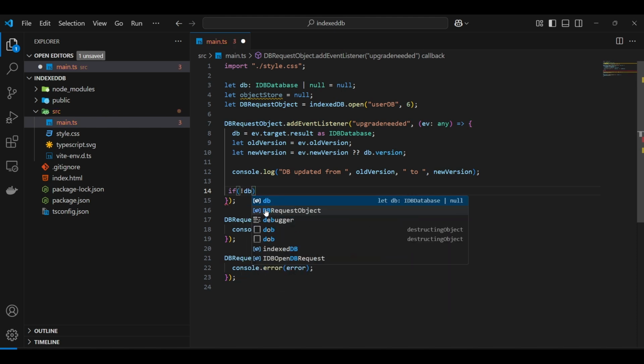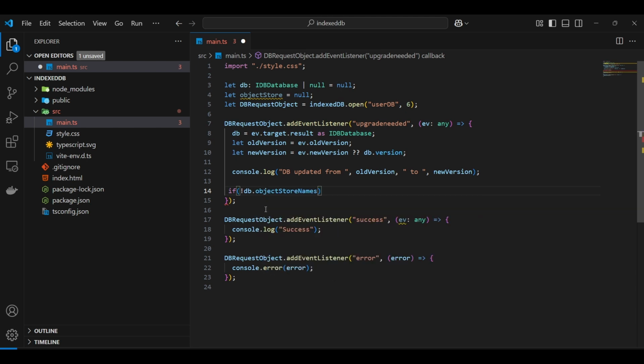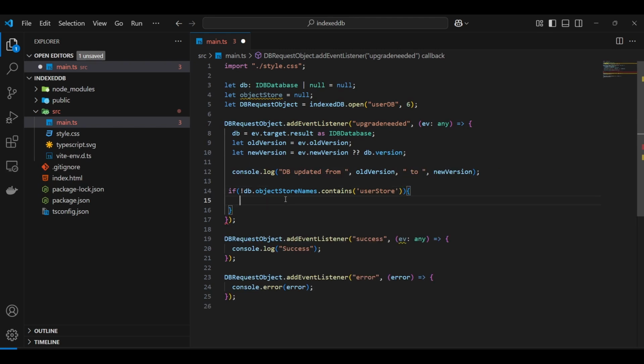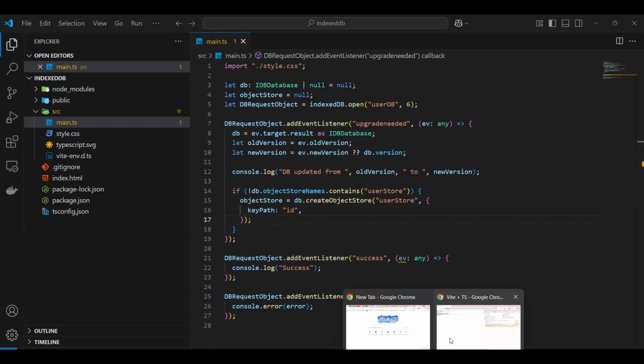If db dot object store names already contains... names will be having a DOM list, I guess. So we can have contains. We can give a string, again the same name, which will be user store. If it already contains user store, basically if the object has already been created, don't recreate it. So now if I save it,